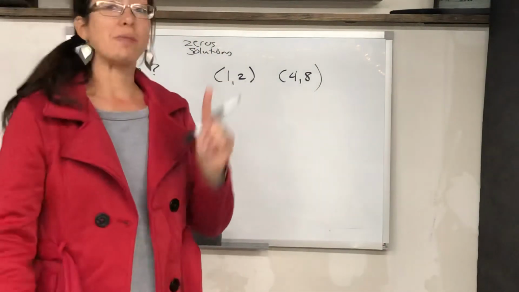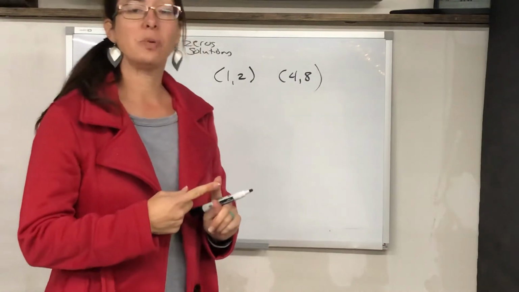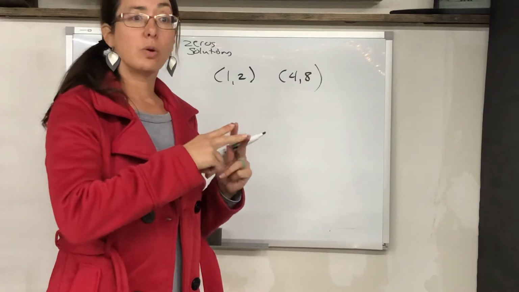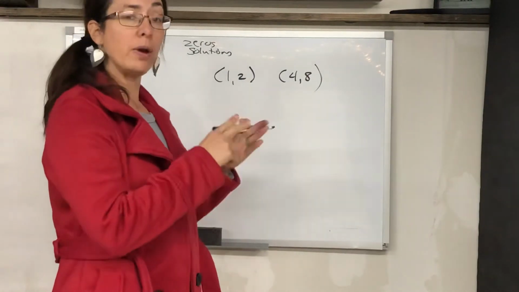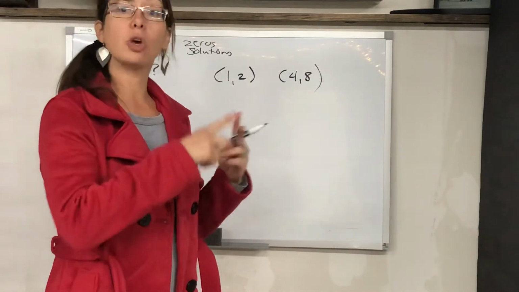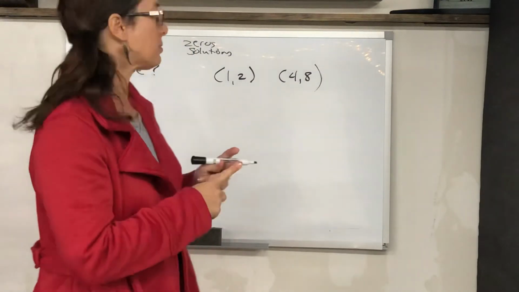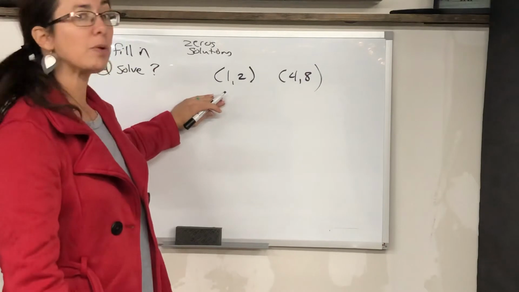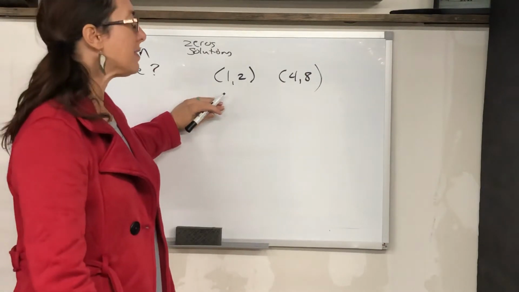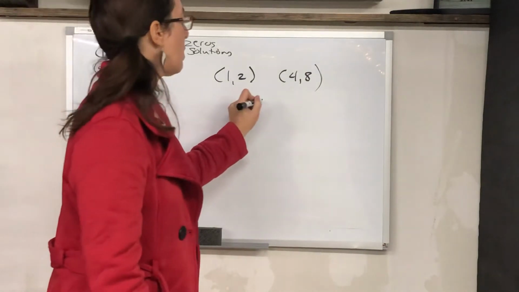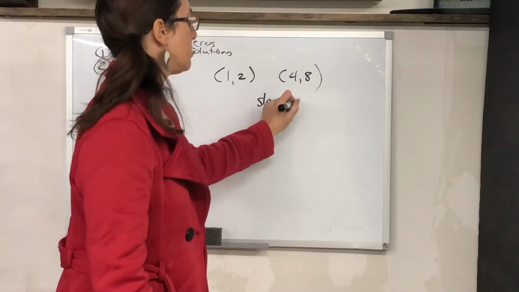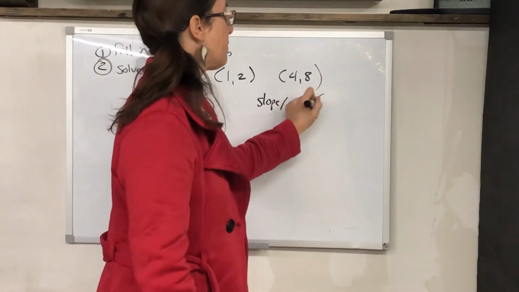Remember, for an equation of a line, we need to know what the slope is, and I've got 1 point, so I can use my point slope. What is my slope? Where does it cross the y-intercept? In this case, all we know are 2 points, so we have got to figure out that rate of change. We know our slope, which is also our rate of change, so same thing,